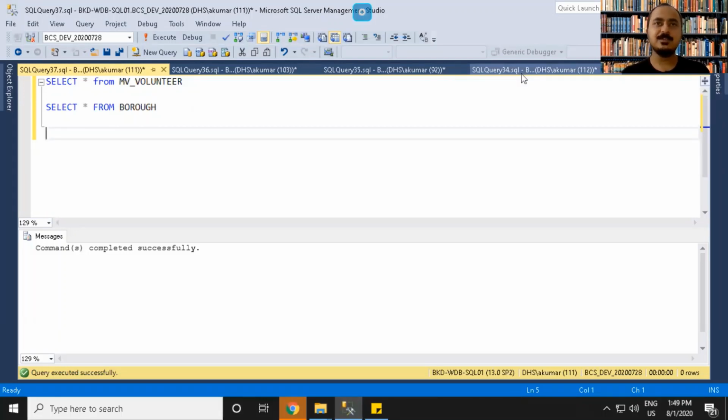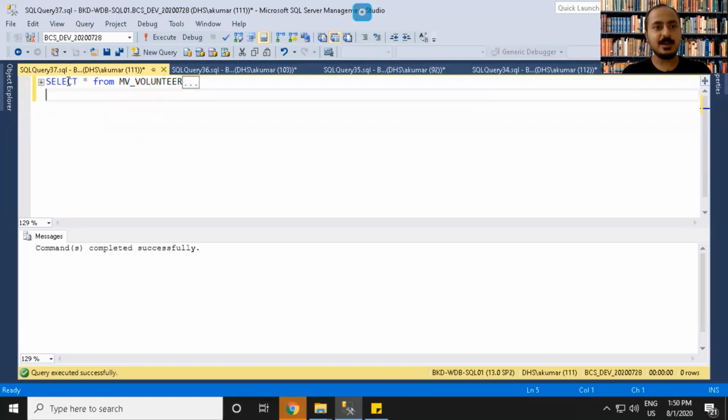Today I'm going to explain how to store multiple values in a single variable. I will represent the same thing using a database. Let's say we have two different tables.